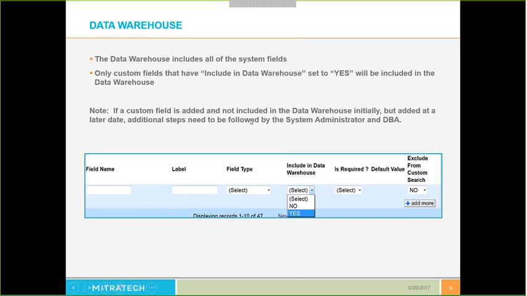So how does the information get into the data warehouse? All of the system fields are included in the data warehouse, and any custom fields are included if, during the setup process, you include them in the data warehouse. If for some reason you don't turn this feature on when you're creating a new custom field, you can do it after the fact, but it does require several additional steps and involving a few other people in your process. So if I created a new custom field, let's say for diversity, about 2 years ago,